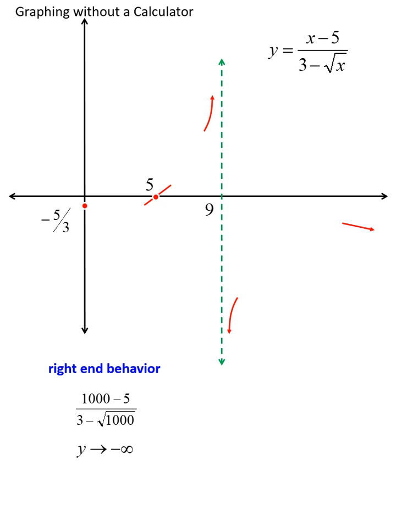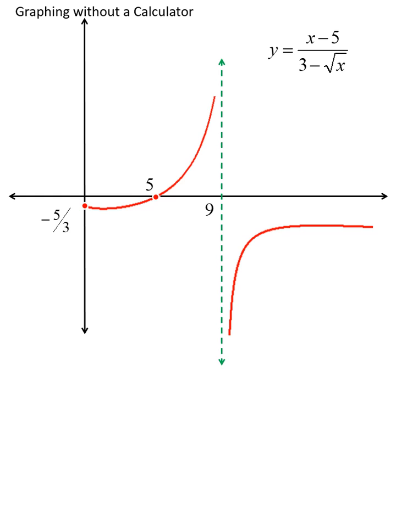So I've completed the 5 essential elements of the graph, and now it's just a matter of connecting them all up to get a rough sense of what the graph looks like. Now again, I've used a computer program to do this, so yours may not necessarily look exactly the same, but as long as yours has the same key features, and I'll point them all out to you,